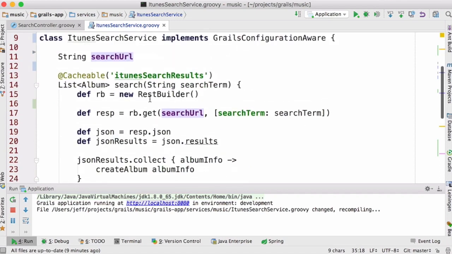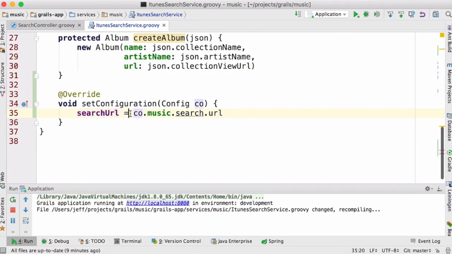And now when this search method gets executed over and over and over again, I'm not reevaluating the config for each search, right? I'm only evaluating the config one time, and that's happening right here in the set configuration method. So this is better than what we had before with respect to that, but there's still some things that I could improve about this. So this technique for retrieving config settings from the Grails config, specifically the dotted notation here,